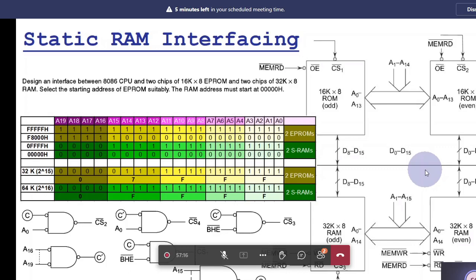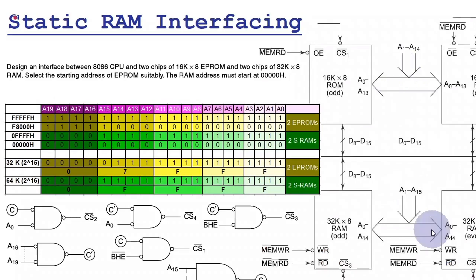Yes. Right. So this is how the address lines are connected. So if the logic for connection of address lines is understood, which is fairly simple, you can also see that for these ROM chips, only memory read signal is connected, and for RAM chips, memory read and memory write, both signals are connected. Now, the important point, or the point of difference from the previous slide, is how do you connect these chip select signals for RAM and ROM? So for that,